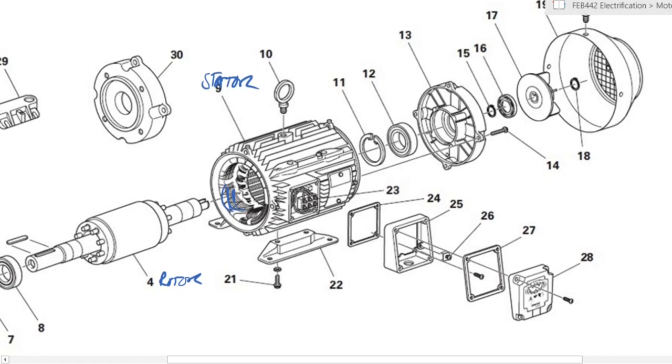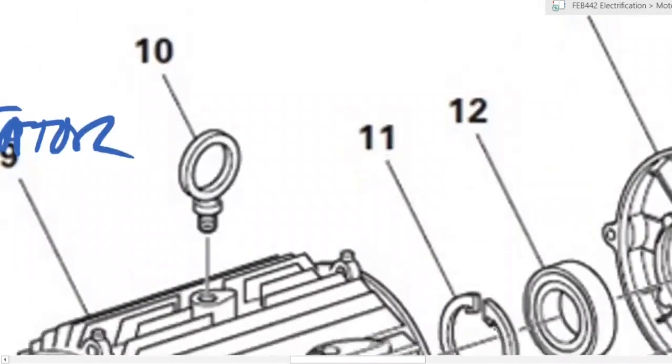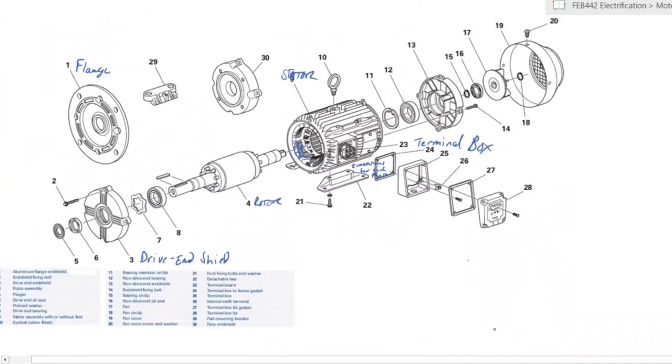Here we have some more components. This is the terminal box, which we talked about. And we said it will have 6 terminal connections, 2 for each set of windings. So 2 connections, very thick, for each phase. Okay, each set of windings is connected to a phase of the machine or a phase of